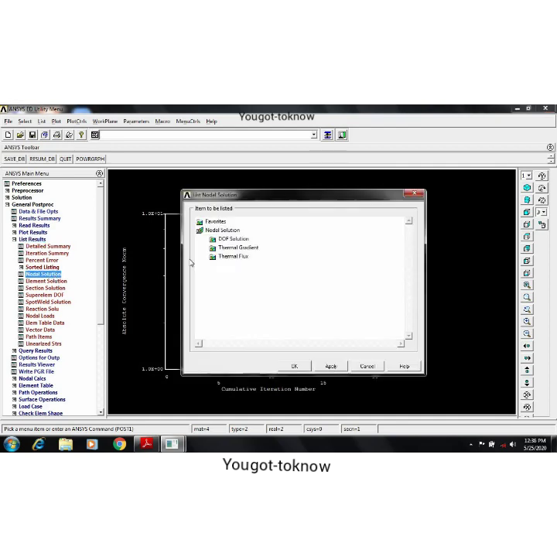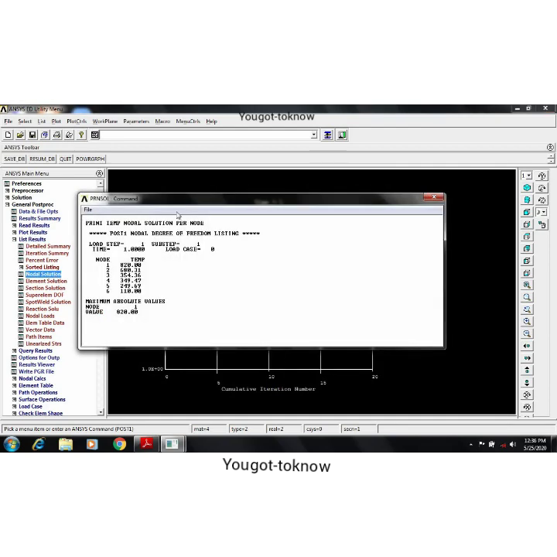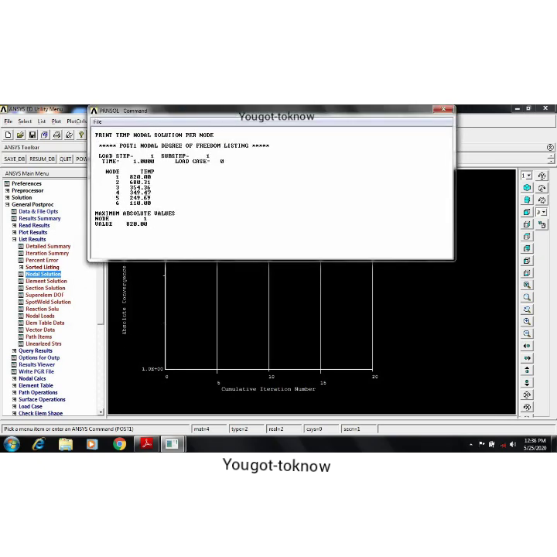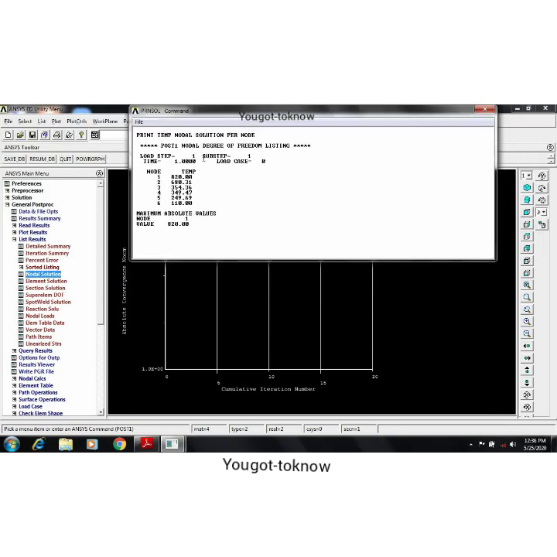Now go to nodal solution, now DOF solution. Now what is the nodal temperature? Just keep it here. See, this is the temperature you got: 680, 354.36, 349.47. These are the temperatures you obtained. After temperature, the next thing you want to see is the Q value, because theoretically you solved Q from your temperature. Now I want to see the Q value.